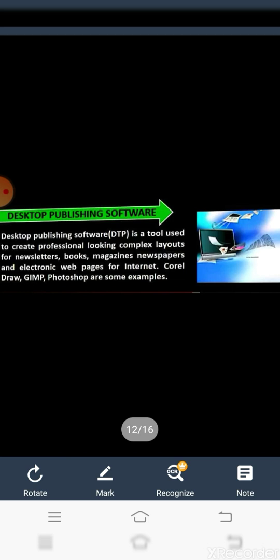For example, in a newspaper you see that on one side there is written information, and on the other side there is some advertisement given in the form of a picture or some graphic. It is done with the help of desktop publishing software, and some examples are CorelDRAW, GIMP, Photoshop, etc.